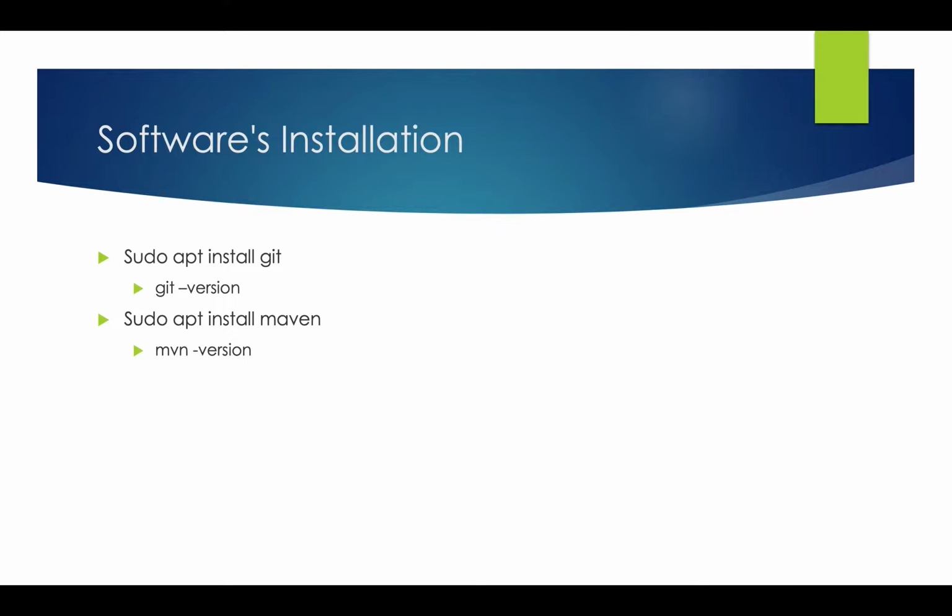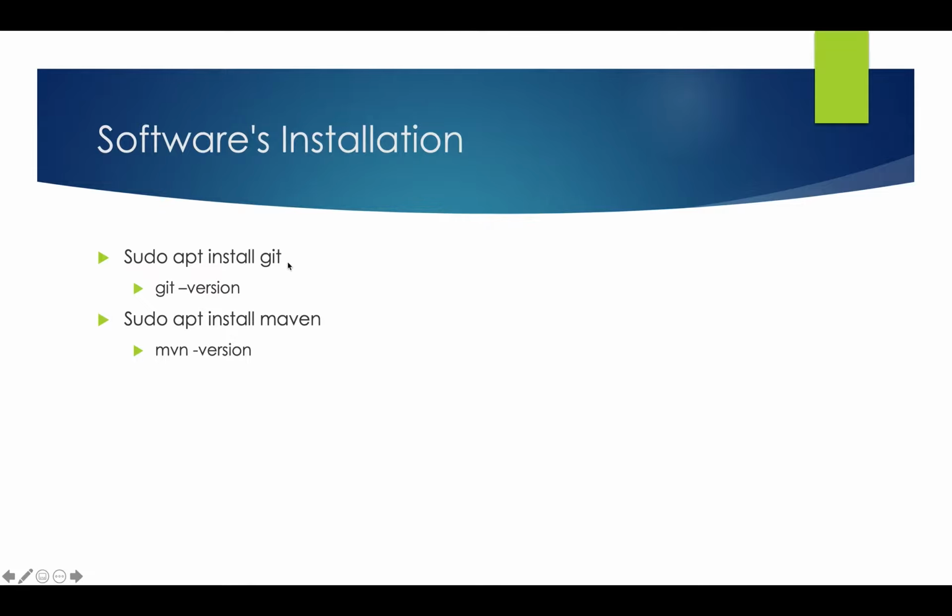Maven is like a build management tool. If you want to run your test cases, generate a jar file, package, or produce an output target file, we can use Maven or Gradle. In this video I'm explaining about Maven. It's a build management tool. If you want to commit this Maven project inside Git, you need the Git software also.